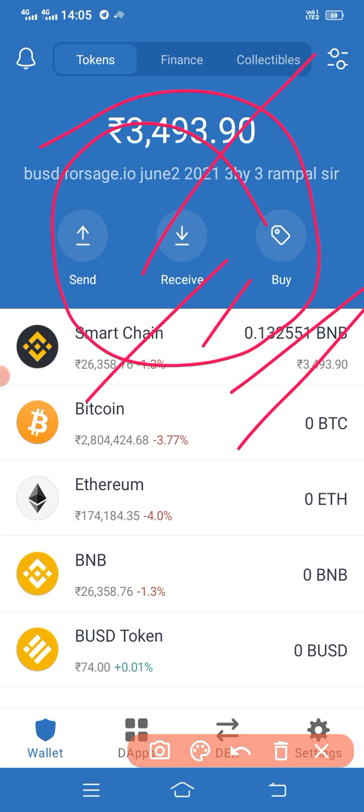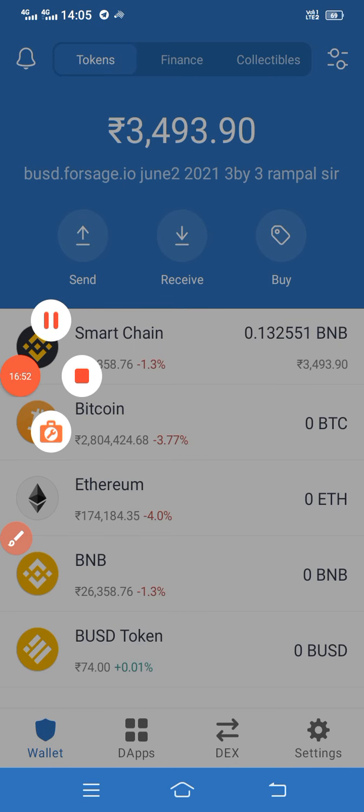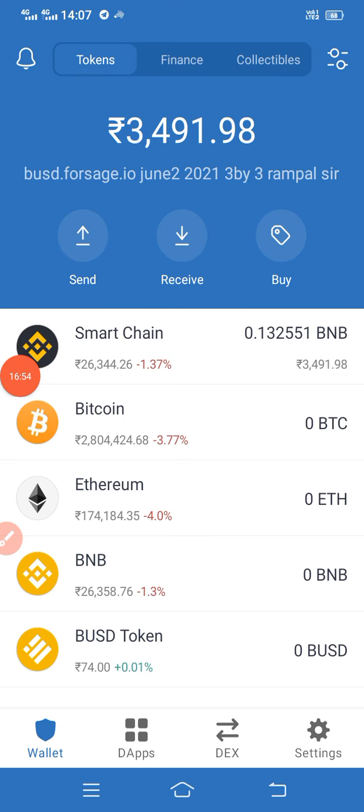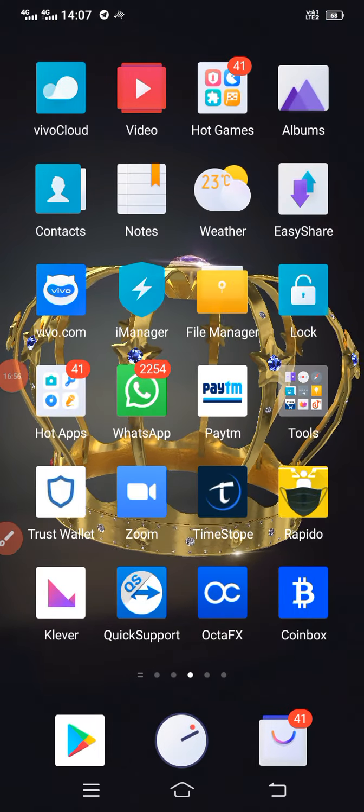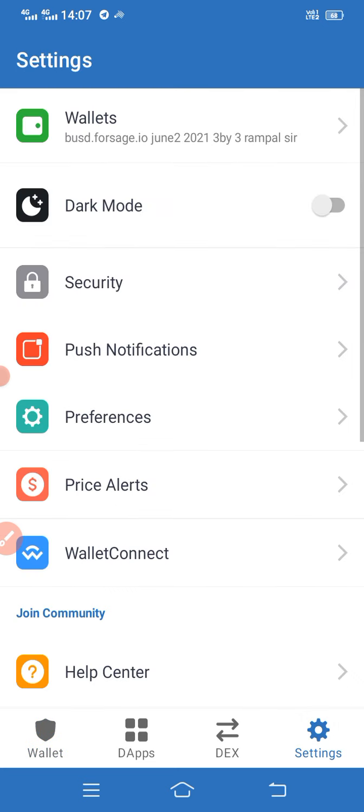That procedure also I'll do. You can see now. Now you see mine is trust wallet. So I have received from GeoTrust to my trust wallet to this address. So here you can see wallets.